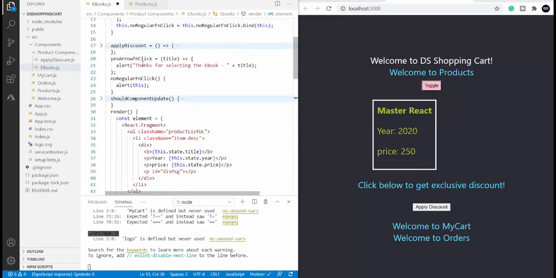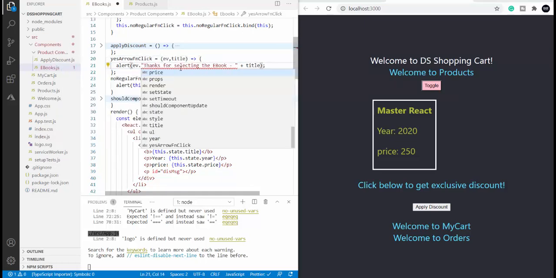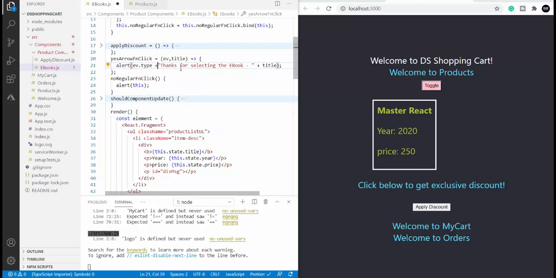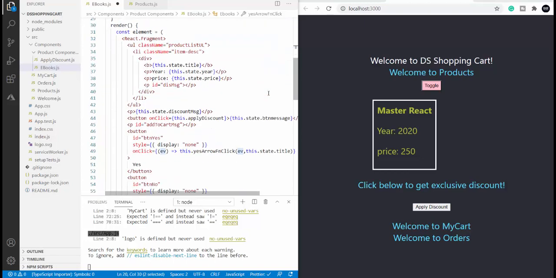Okay, and here we will be handling that event. Let me show you. ev.type. Always the last parameter will be the event parameter.